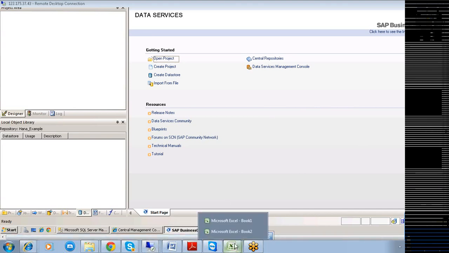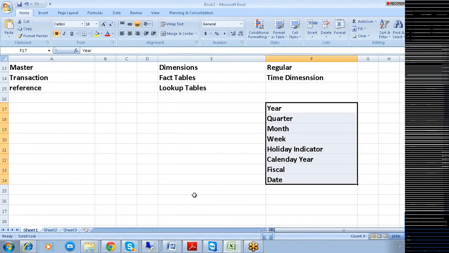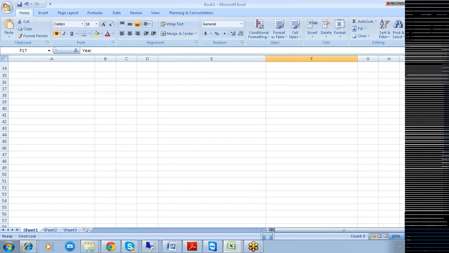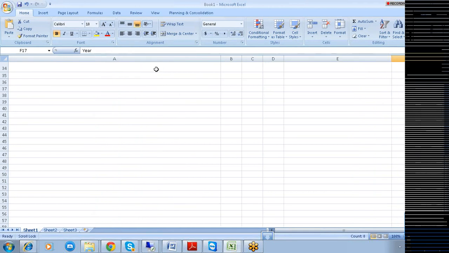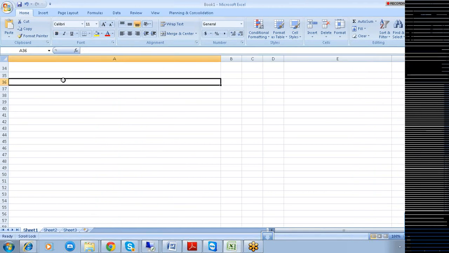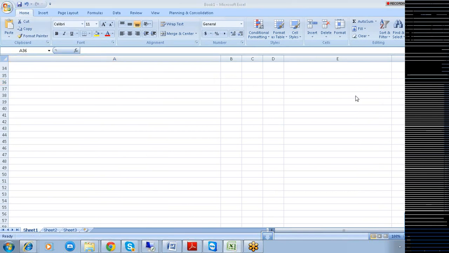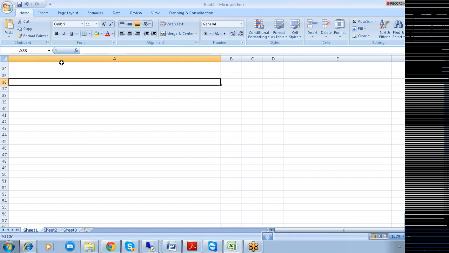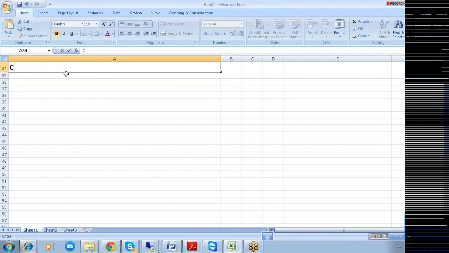Okay, so let me try to summarize the steps that have been done so far. The first step is that we created a repository.